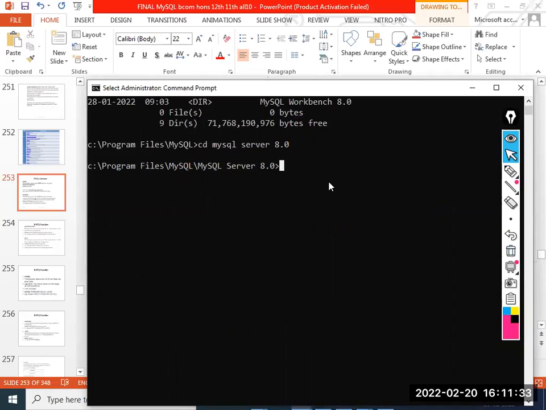how do you get to the MySQL prompt? Write mysql dash u, the username, and dash p for the password.